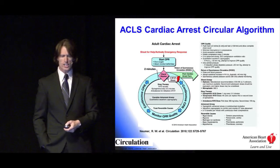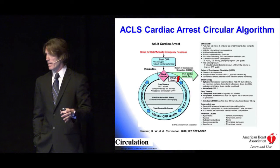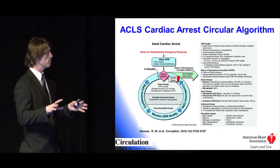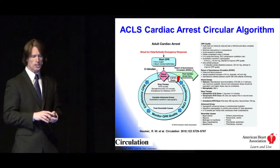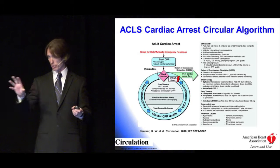All right, so let's look at ACLS. Here is the new type of flow chart, the circular algorithm. And they published both, the old flowchart type and the circular algorithm. Maybe you like this best. But some of the changes, they want 2 minutes of CPR in between every intervention before you deliver another shock